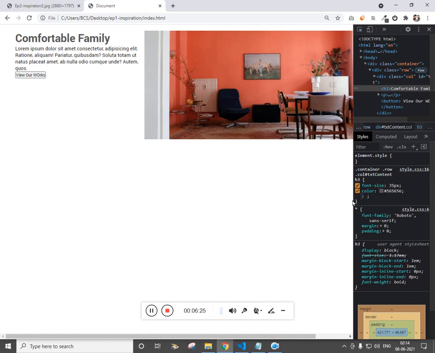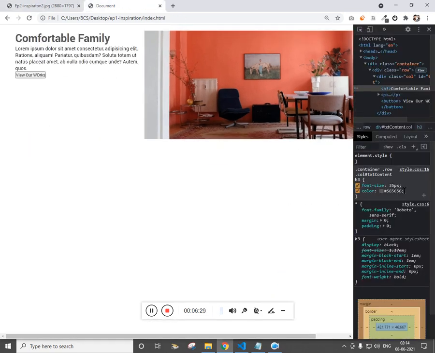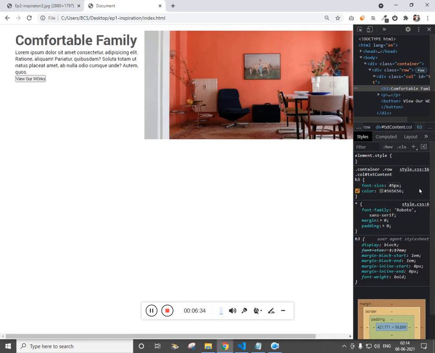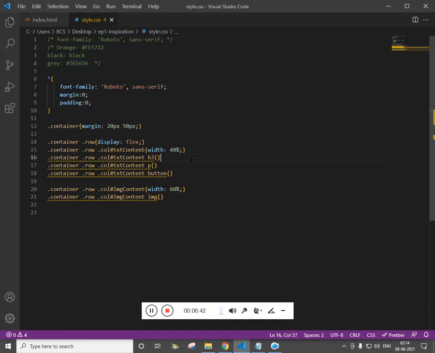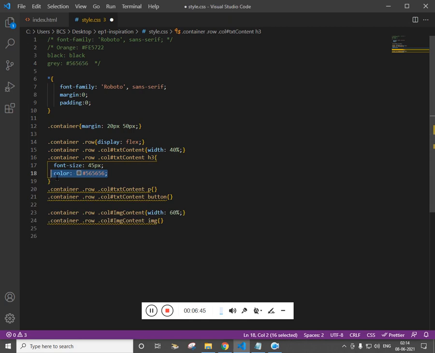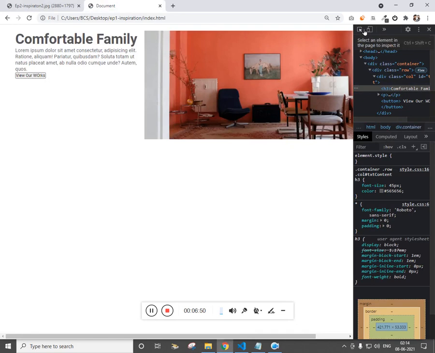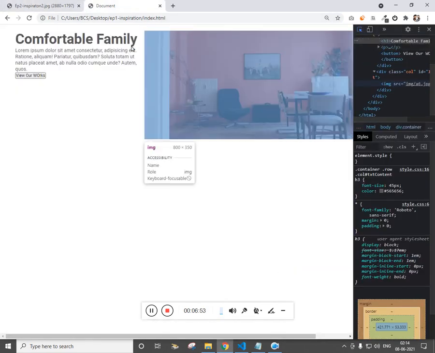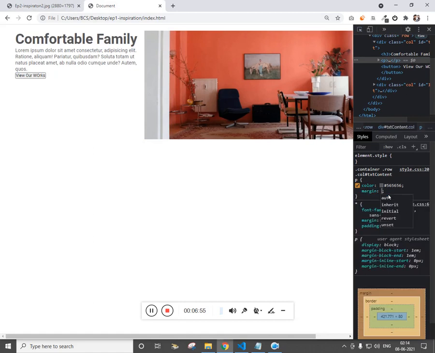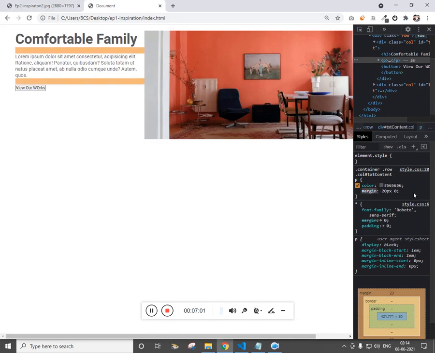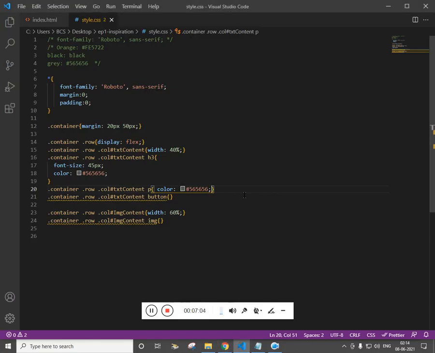And then we have, I think we need a slightly bigger font. Now the same way, let's copy this and paste it for the H3, and for the paragraph also the font color is going to be the same, and we want margin top and bottom 20 pixel, left and right 0. Just copy this and paste this for margin.